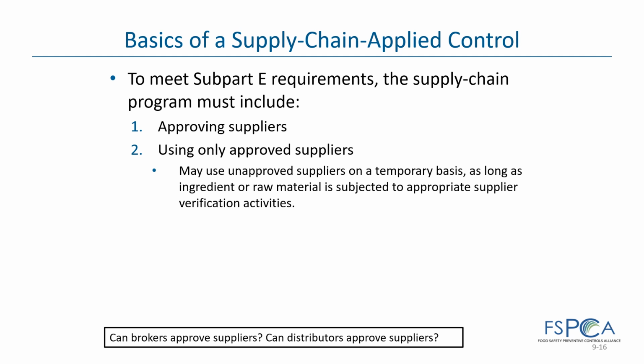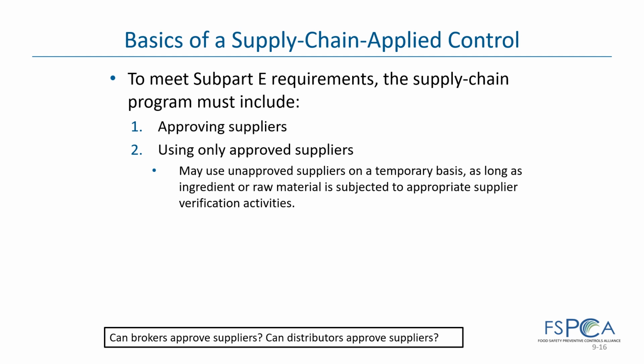Okay, so they can get help in doing these. They can gather information from other sources, but the ultimate decision has to be up to the receiving facility, since they're the ones that are ultimately responsible for controlling that hazard. We have relationships with brokers and distributors that talk to these suppliers, so gathering information from those sources makes a lot of sense and is probably a good idea. But you can't just be given a list from your broker that says, these are your approved suppliers. The receiving facility needs to go through the steps to approve those suppliers,